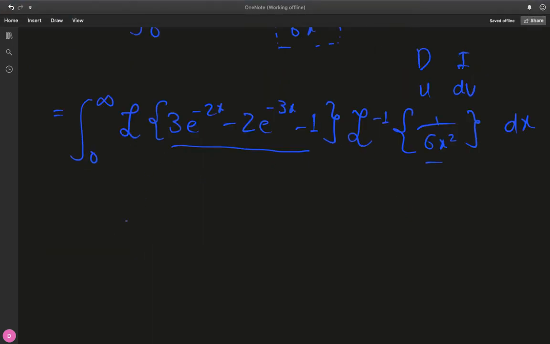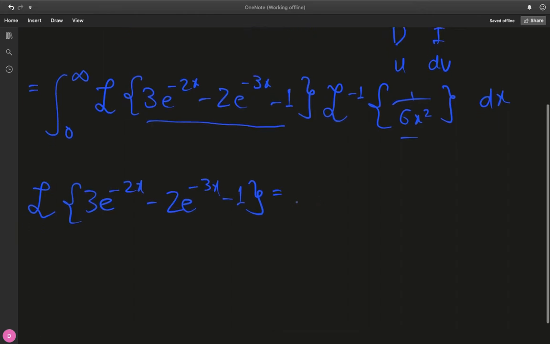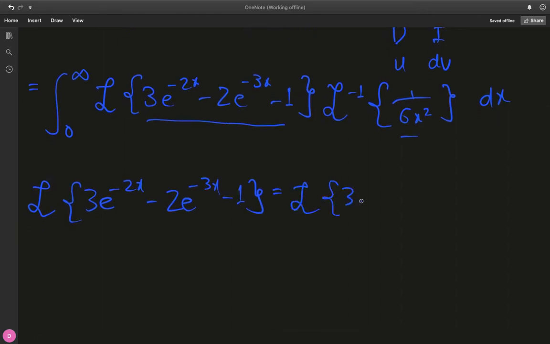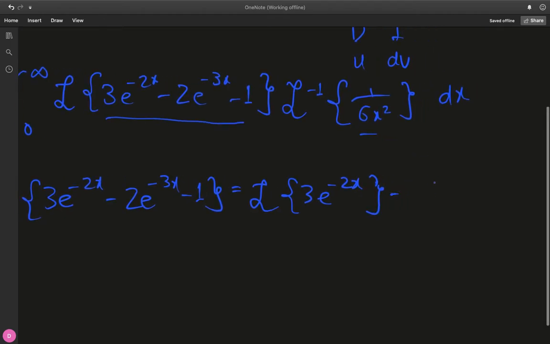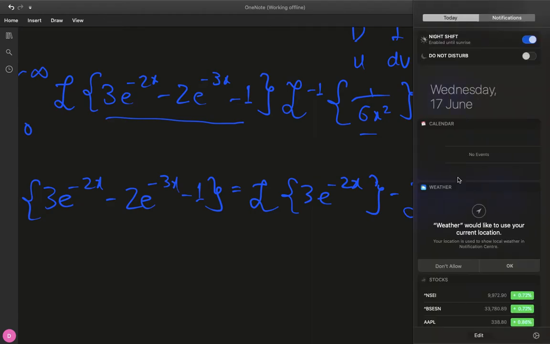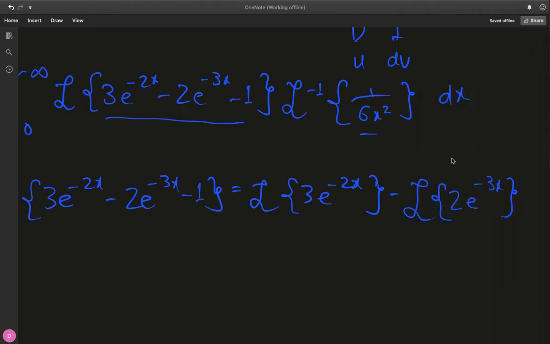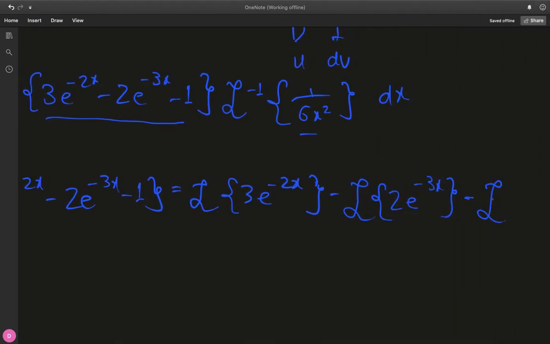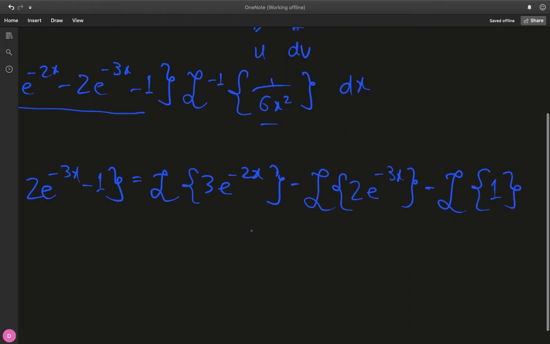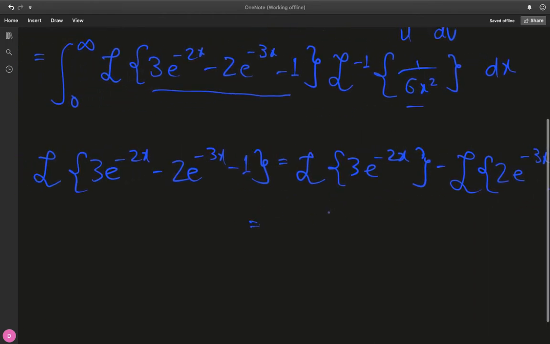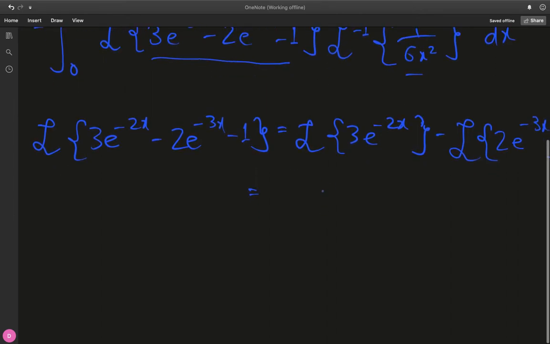So let's find the Laplace transform of this thing. The Laplace transform of 3 times e raised to negative 2x minus 2 times e raised to negative 3x minus 1 can basically be split up into the Laplace transform of 3 times e raised to negative 2x, minus the Laplace transform of 2 times e raised to negative 3x, minus the Laplace transform of just this one that we have. And basically the 3 can be taken out and this will just be 3 over,